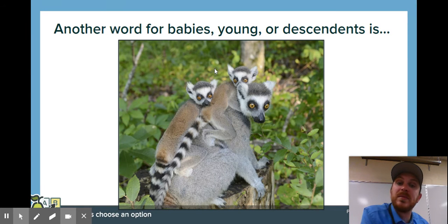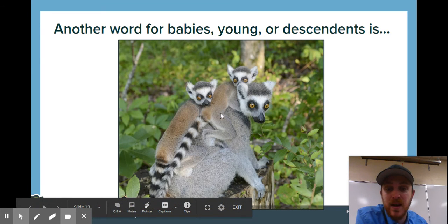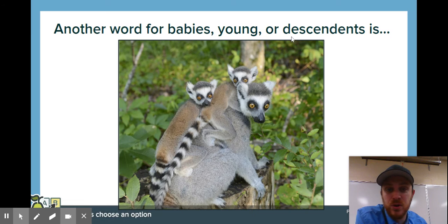Here's another word for babies. What's another word for babies? By the way, ringtail lemur is my favorite animal. Look how amazing it is. What these little babies, what's another word you can call them? You call them young, you call them descendants, or